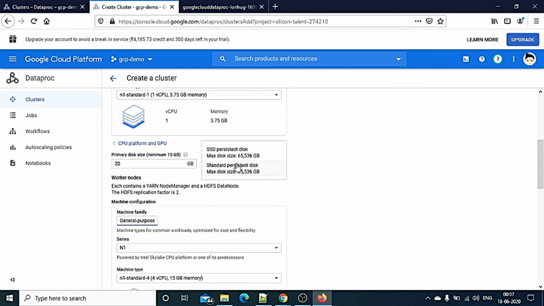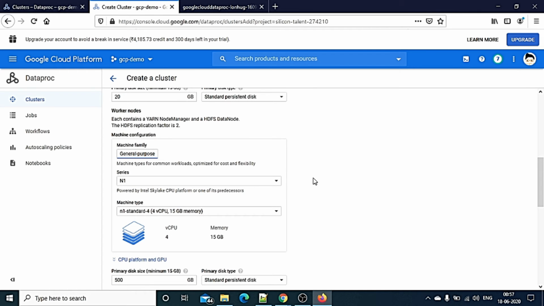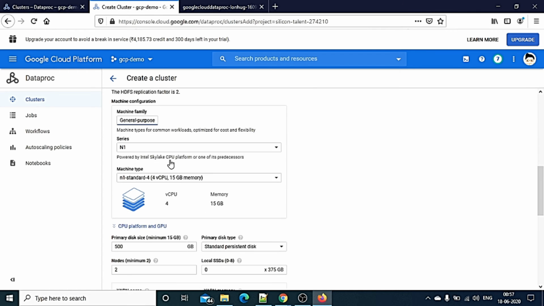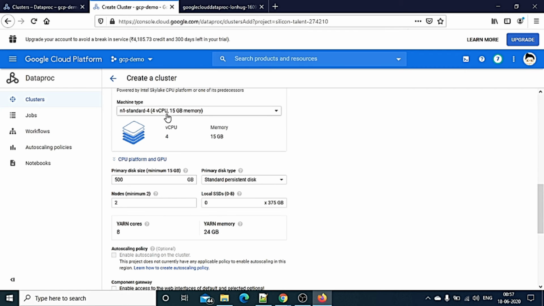The standard persistent disk, you can say SSD. You can select SSD as well, but I'm selecting standard because it's cost effective. If you need high configuration, you can put SSD also. Again, this is for the worker, so I'm selecting the very basic configuration from here.